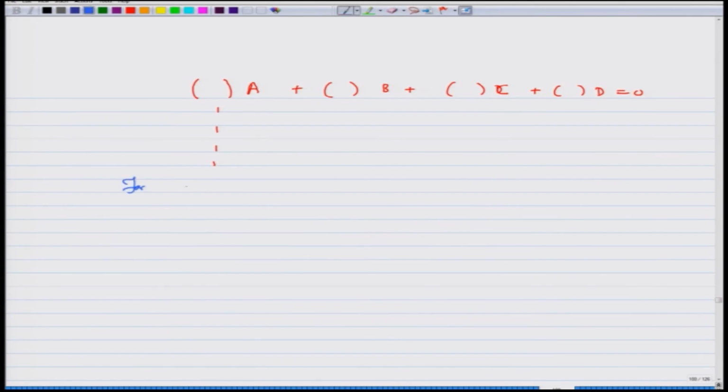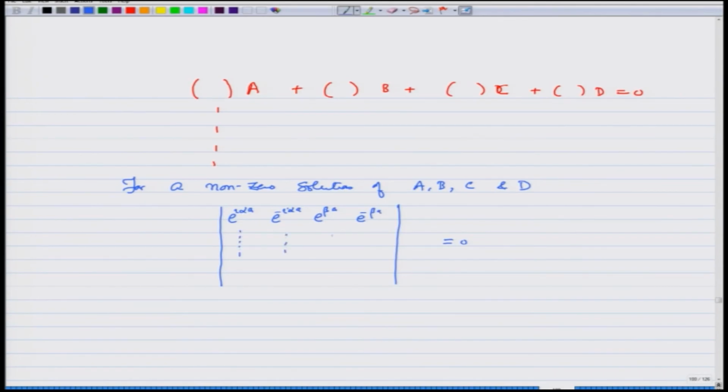For a non-zero solution of A, B, C and D, what should happen now, because the right hand side is 0, is that the determinant of these coefficients should be 0. Determinant is whatever we wrote earlier, e raised to i alpha a, e raised to minus i alpha a, e raised to beta a, e raised to minus beta a, and all those coefficients. So, when you put this determinant, you get an equation